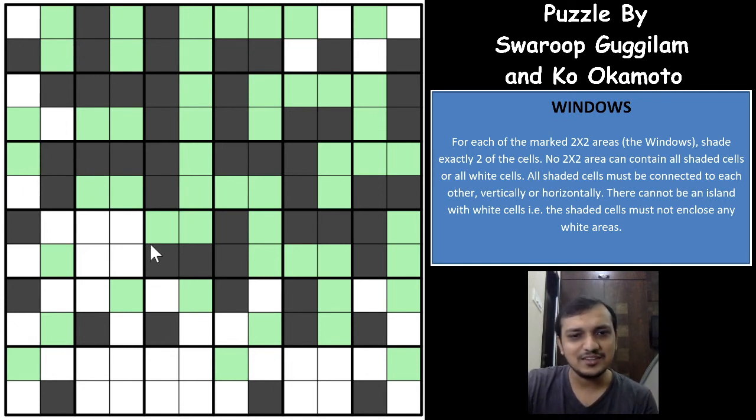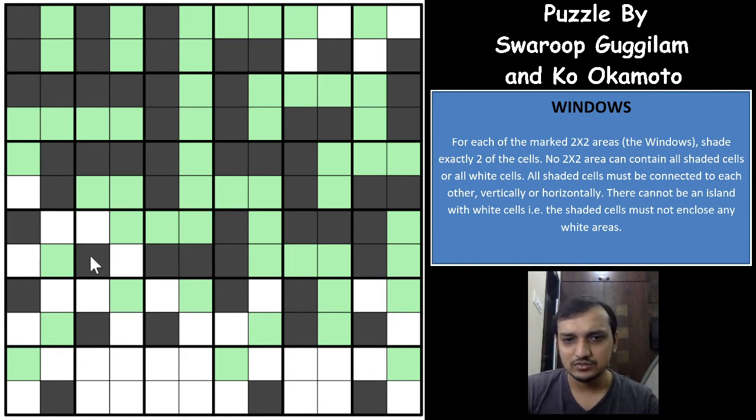Excellent. See the way the puzzle is flowing, it seems so much fun to solve, right? It's really a fun puzzle to solve, and I really love Yin Yang puzzles. It is a very good genre, a very different kind of genre, and a really fun puzzle to solve, right? And this has to be a white, which means this has to be black. So the moment you mark a white cell in a 2 by 2 region where no other cells are marked, the opposite cell will have to be black. So that is a really good and easy one to notice. This has to be black, which means this has to be black, this will be white, this will be white.